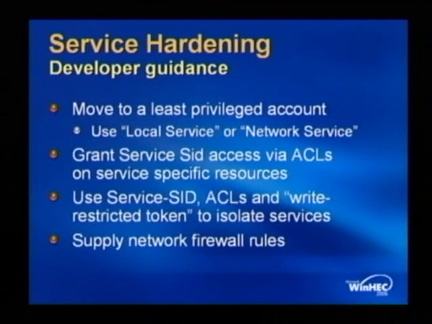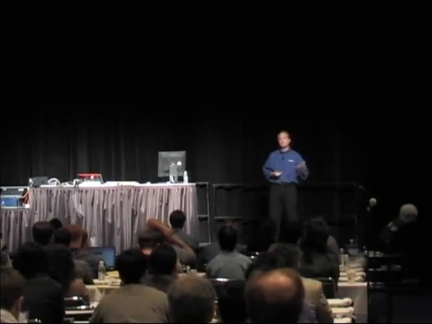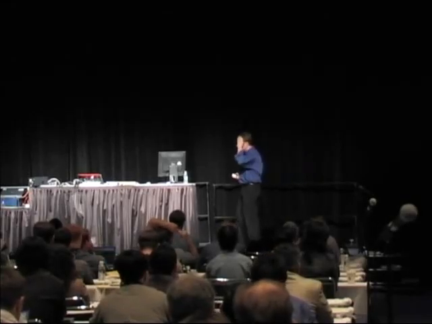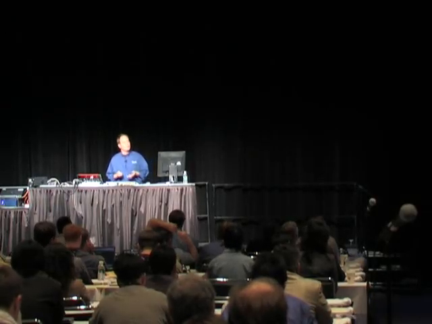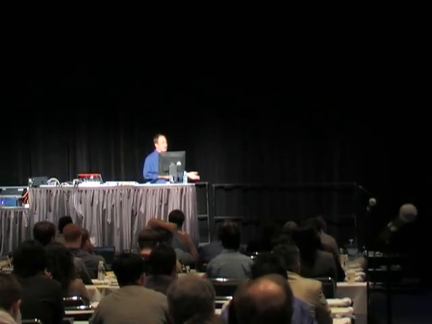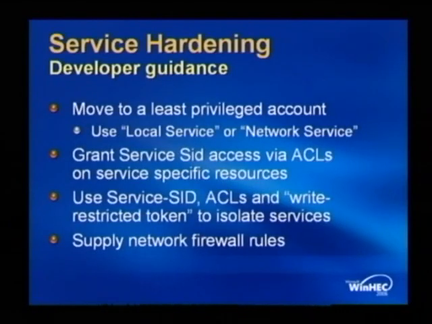We have a new concept of services, right? We can define whether our service has restricted or unrestricted access to objects within the process. This is something I can define now when I write my services. So even if my service was hacked, my OS will still not be compromised. Service SIDs and write restricted tokens: again, we can decide that my service can do whatever you want, but it cannot write to any vulnerable system